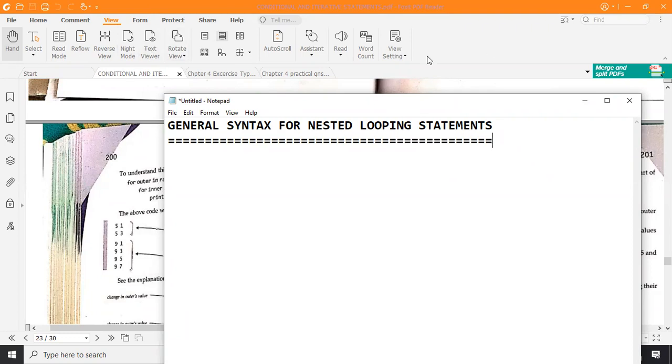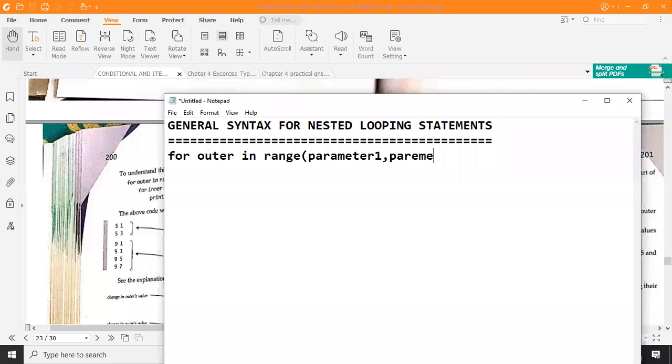So here, first of all, we can define the general syntax simply. I'll go with a for loop. For that, you need to write for, which is a keyword. We have to write it in lowercase. Then I'll write outer. This is the outer loop. Then in range function, then parameter one.